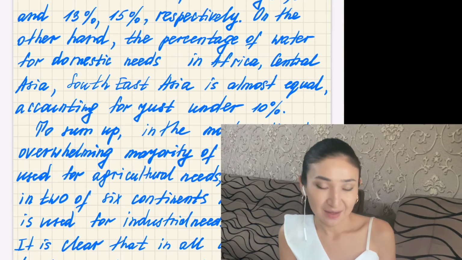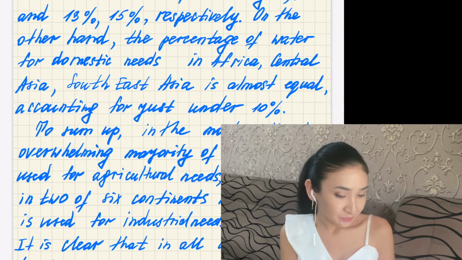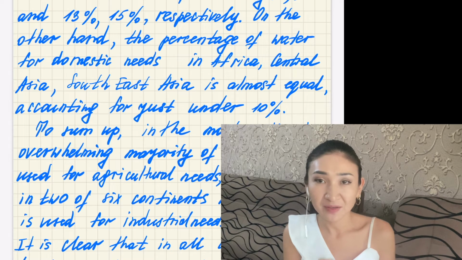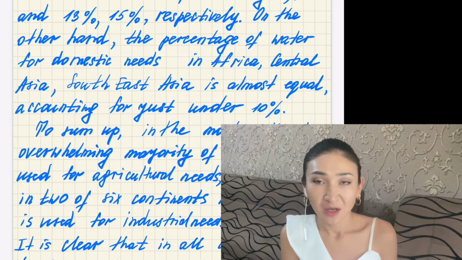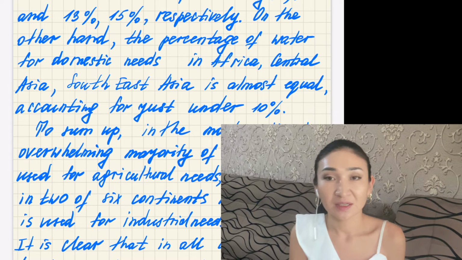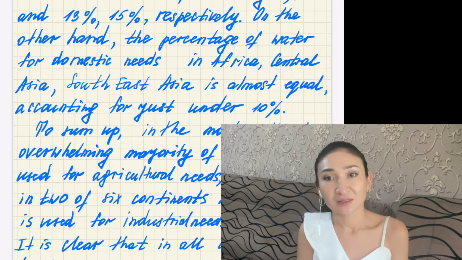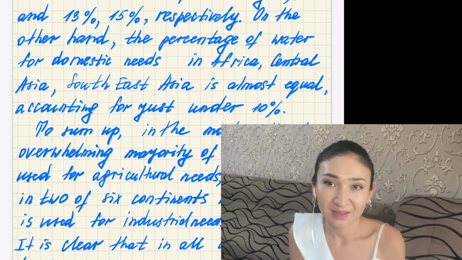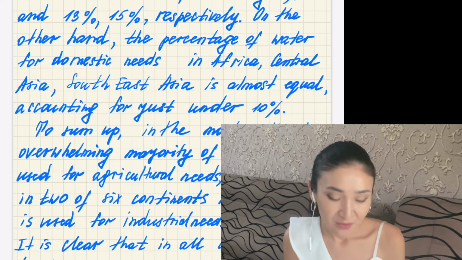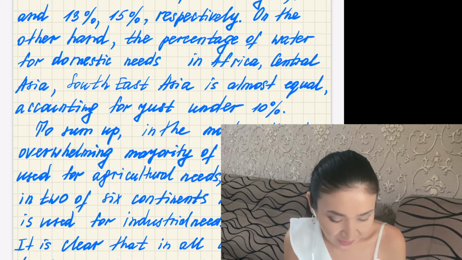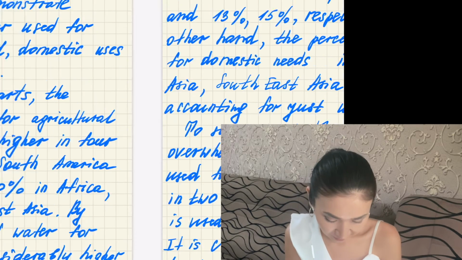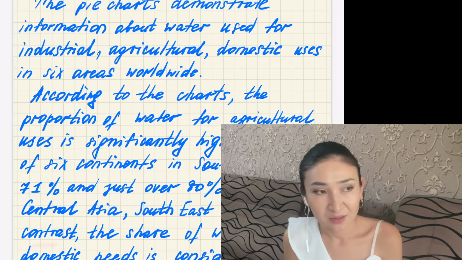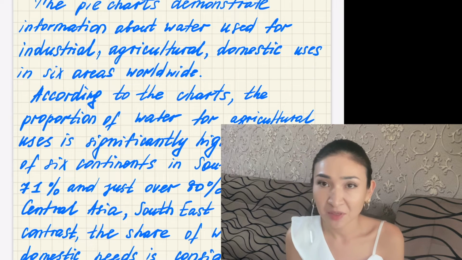So what is happening there? So also here I start with "on the other hand," because I have a comparison. I'm comparing domestic water itself, because in some parts it's in majority, in some parts it's not a majority, sorry, it's more compared to other regions. So that's why I use "on the other hand," because I already used "by contrast" here. I don't want to repeat that because I want the examiner to see that I have good vocabulary, that I'm able to use